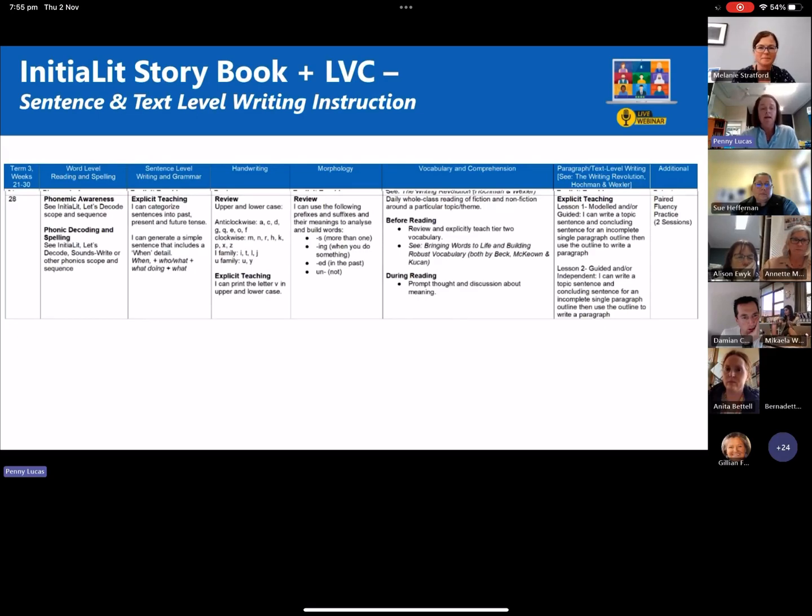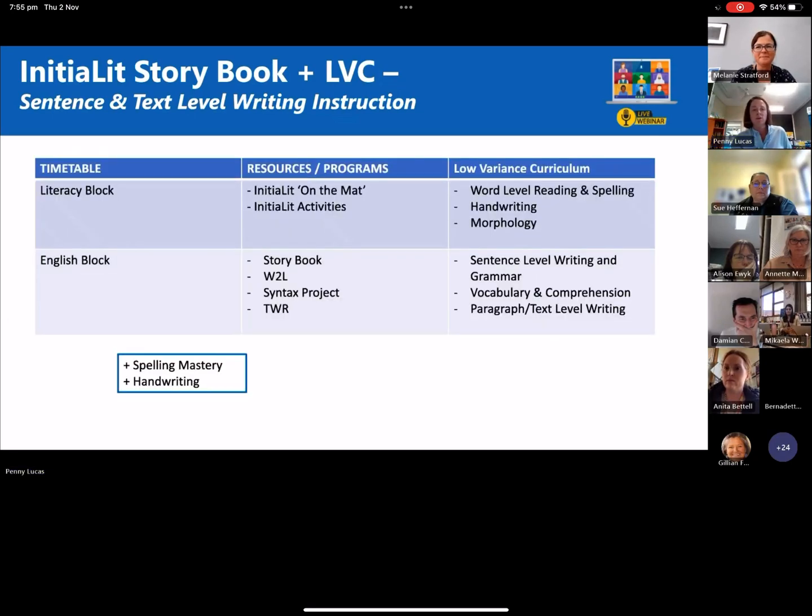is this week. And we are looking at what is required of us, I suppose, in week 28. This is all listed there very clearly, the tasks that we need to complete. So I'm going to come back to that in a little moment. I just want to show you a very simplified version of my timetable. I teach K and 1 Initial Lit, so it looks a little bit busier than this, but for this purpose,